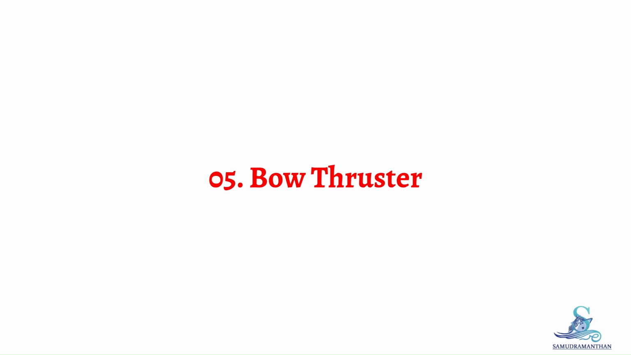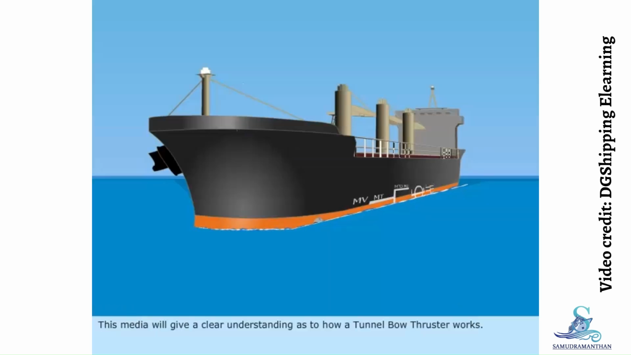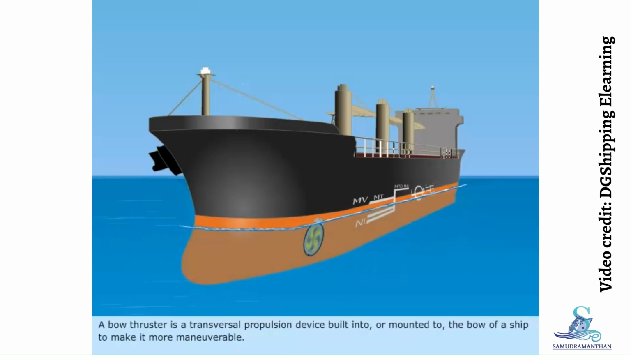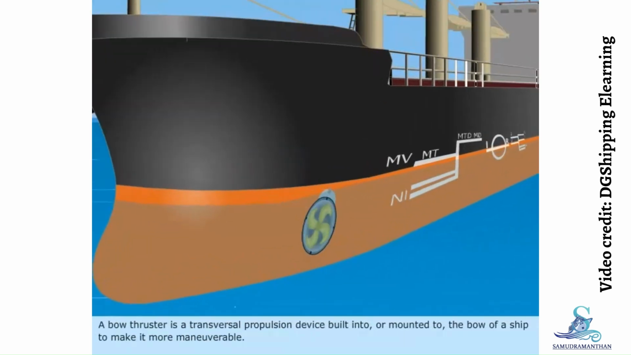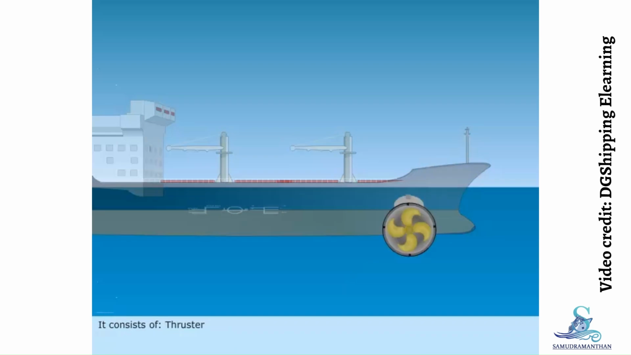Topic 5: Bow thruster. This media will give a clear understanding as to how a tunnel bow thruster works. A bow thruster is a transversal propulsion device built into or mounted to the bow of a ship to make it more maneuverable. It consists of thruster,